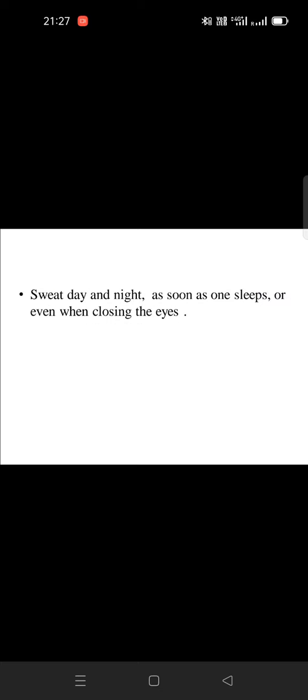Another symptom, sweat day and night as soon as one sleeps or even closing the eyes. Means if the person is sleeping or closing his eyes, as soon as he sleeps or even closes the eyes, there will be sweating, which is mentioned in conium maculatum. Another medicine is also there for the same symptom, that is cinchona officinalis. But here we can correlate or compare with the